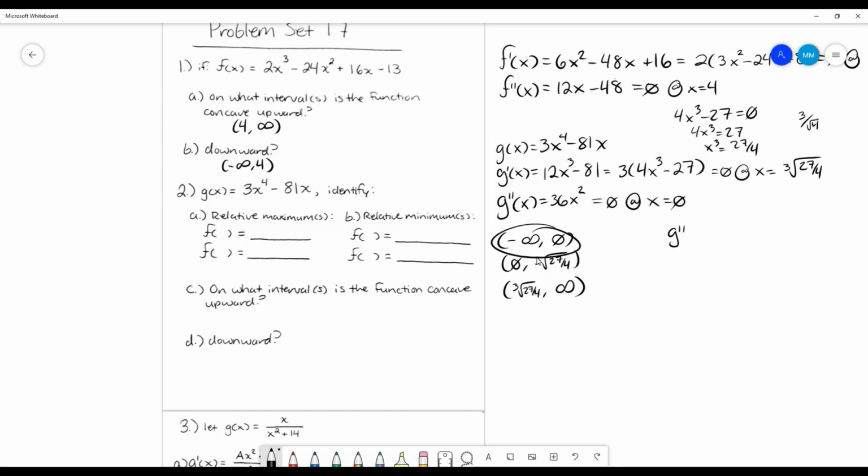So we're going to plug in a -1 for this interval, a 1 for this interval, and we'll plug in a 3 for this because that should be bigger than that. So -1, 1, and 3. Okay, plugging in a -1, I get 36 times -1 squared. -1 squared is just 1, so I get 36, which is greater than 0, which means it's concave up. Plug in a 1, I get 36, which is greater than 0, which is concave up. Plug in a 3, it doesn't matter because it can't be negative, so it's still greater than 0, which is concave up. So it's concave upward the whole way,